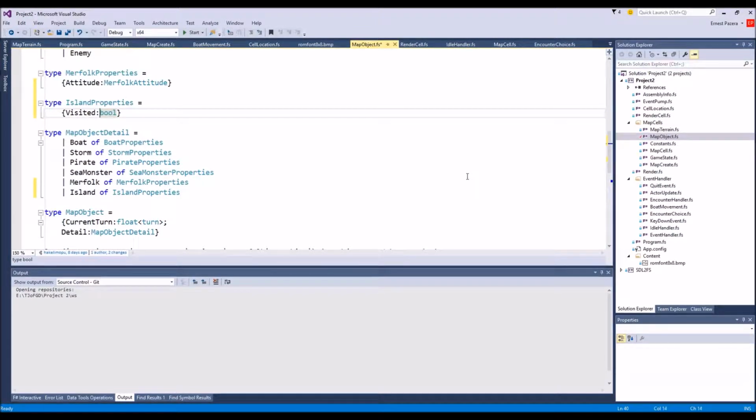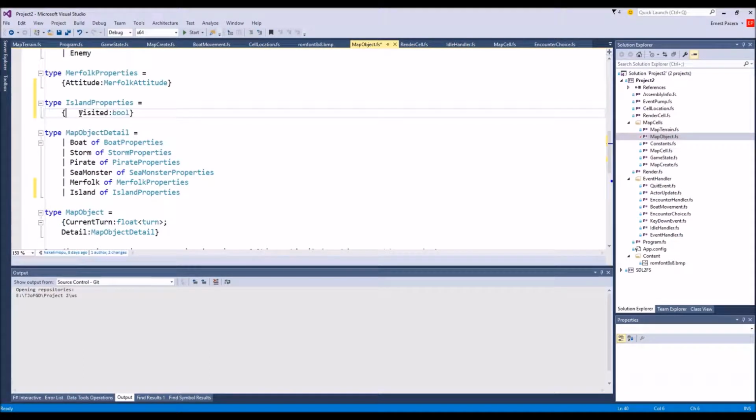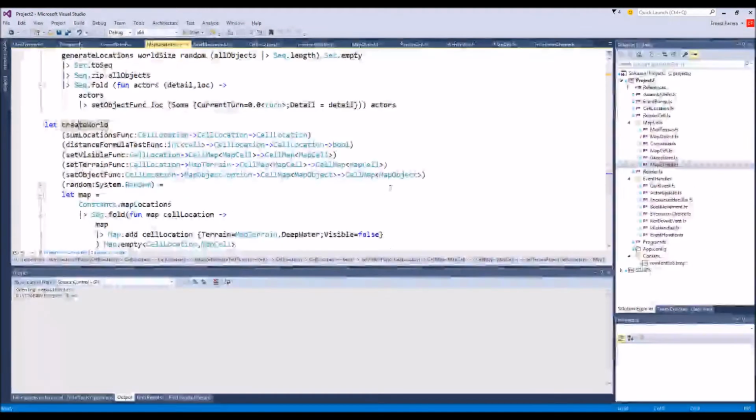Oh, we need a name, don't we? We need to have a name for our island. We're going to have to make a random generator for that, too. Although for now, we're going to do something very simple. So actually, even at this point, let's not put the name. We don't need it yet. So island has an island properties, and so what we need to do when we create the map,